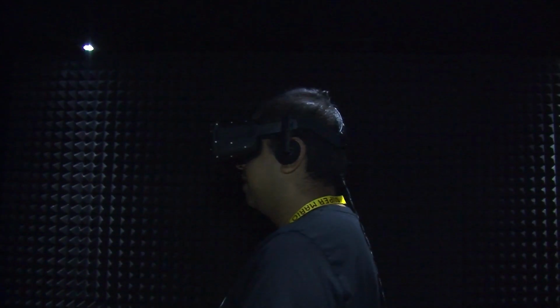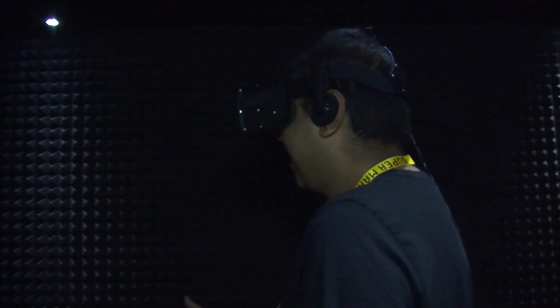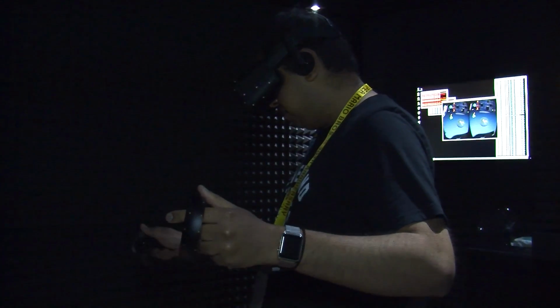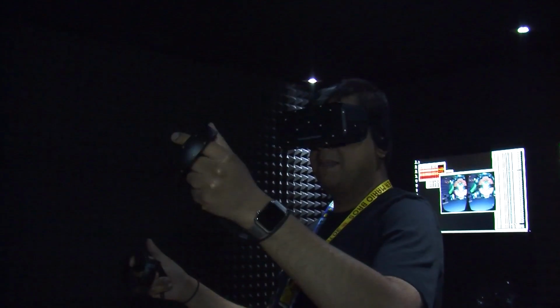So we're here at E3. Let's talk a little about the brand new consumer version of the Oculus Rift. So we're super excited to announce Oculus Rift consumer version. We're showing it for the first time here at E3. This is totally refined, improved. This is what consumers are going to get. We're showing it with the single sensor that you put on your desk, and it just immediately goes away. It's invisible, kind of, on your desk. It's a very simple, reserved, small little sensor that you plug into the back of the computer, and then you're